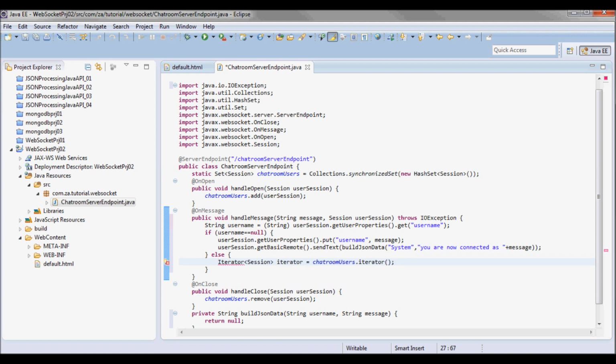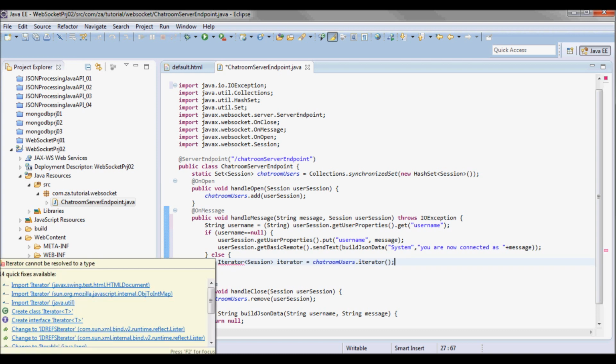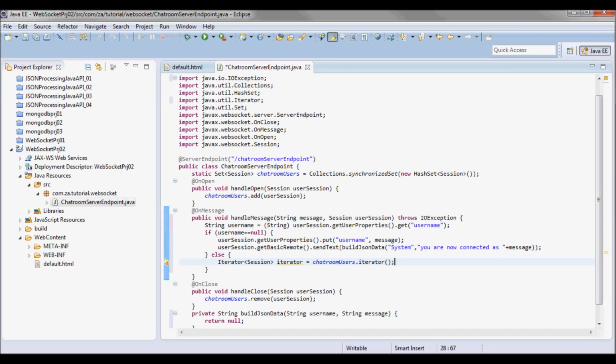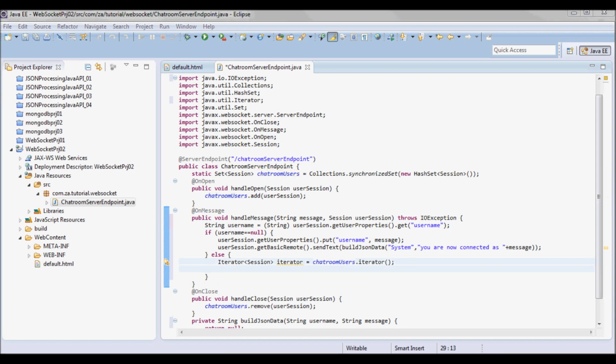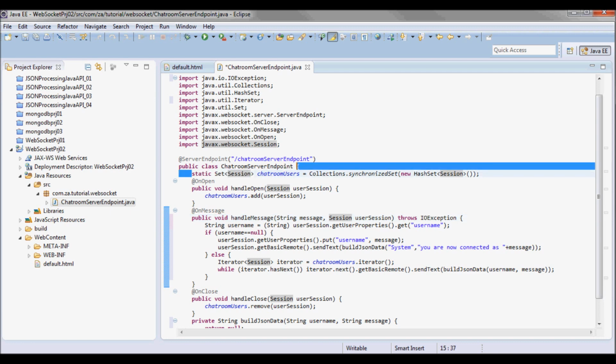So I'm gonna do an iterator for the chat room users, and gonna be sending the username and the message as JSON data. Gonna use the send text method from get basic remote of the session for each one of the users that are in that chat room users.